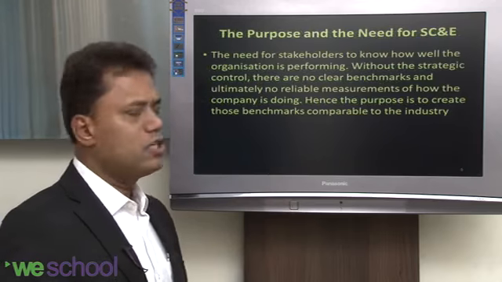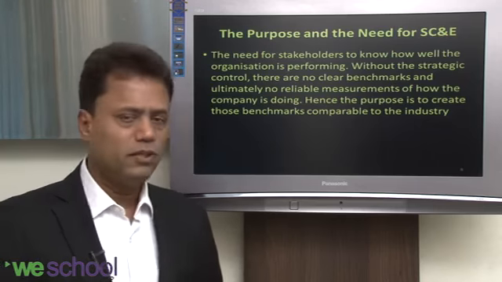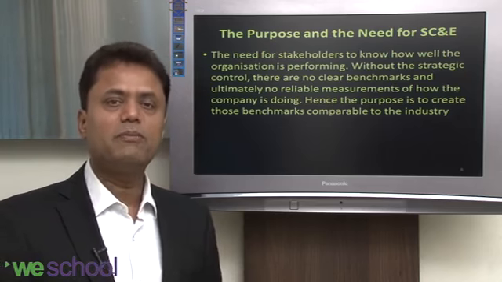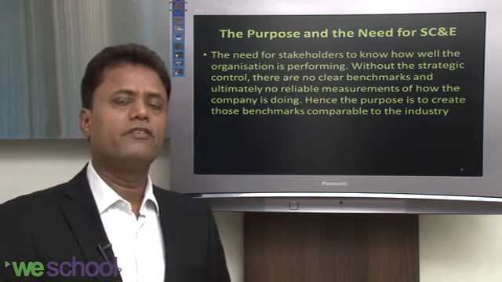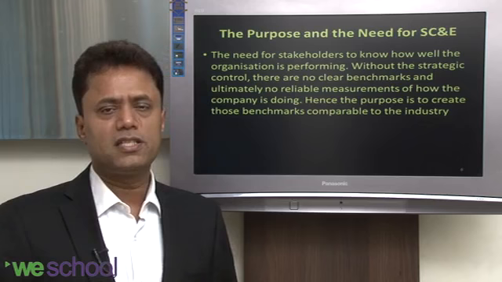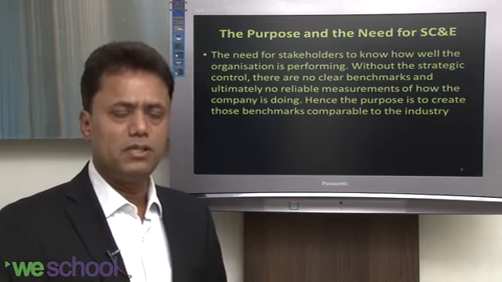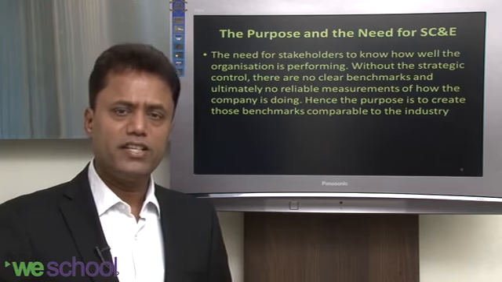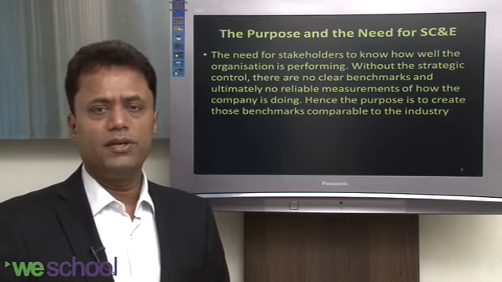The need for stakeholders to know how well the organization is performing is very important. Clearly, you will receive inputs from the top management if something is going wrong, or if a corrective action is to be taken, or the market is not perceiving that this company is executing its strategies well. You can give many examples of how organizations are executing the strategy, be it TCS or Infosys or any company,